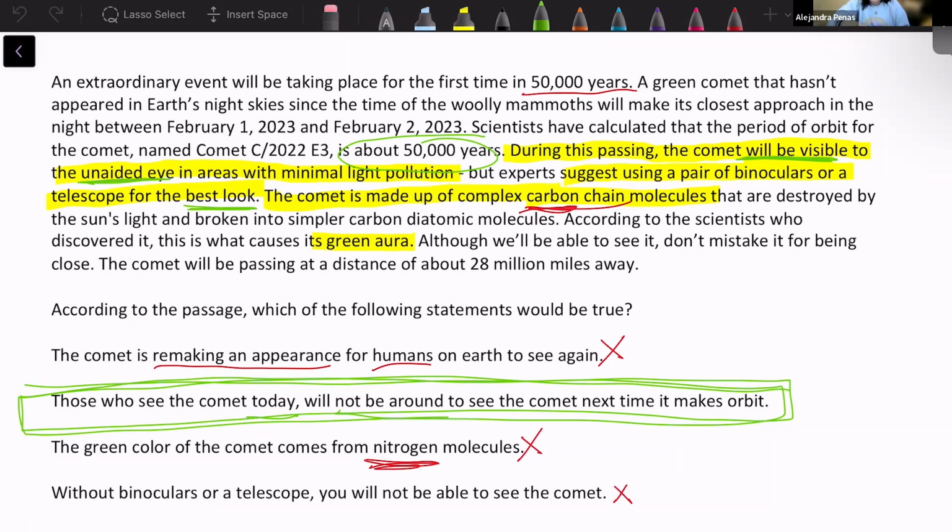So even though they don't mention humans, what do they mention? They mention that it was during the time of mammoths, of woolly mammoths. Animals. So that was like Ice Age time. Back then, humans were not around. We had ancestors that were kind of humans, but not quite human yet. The reason why they mention woolly mammoths is for you to think, okay, that was a long time ago. Mammoths were back here during the Ice Age, and there ain't no humans during